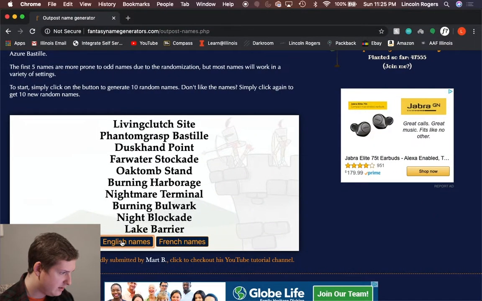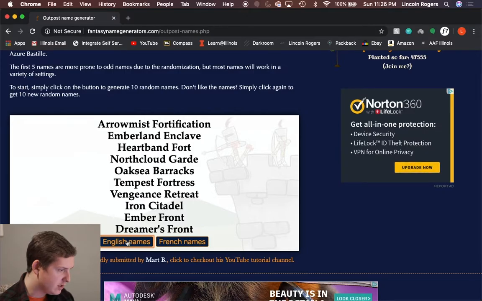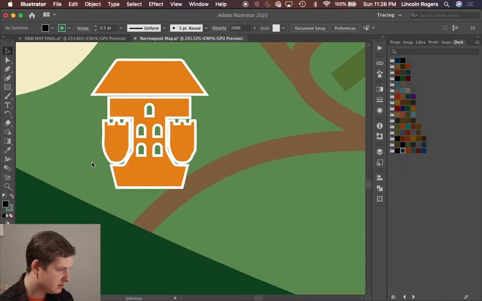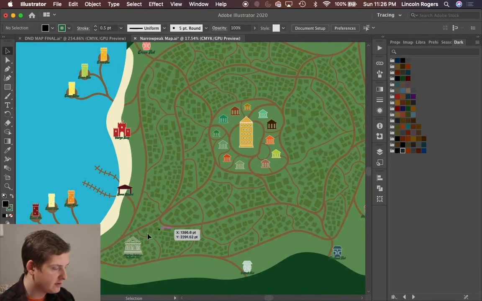Let's look for another name. Phantom Grasp. Nah. Ember Dreamers. Emberland. Aeromist. I like Aeromist. Aeromist Post. Alright, and I think the final thing that we will do today